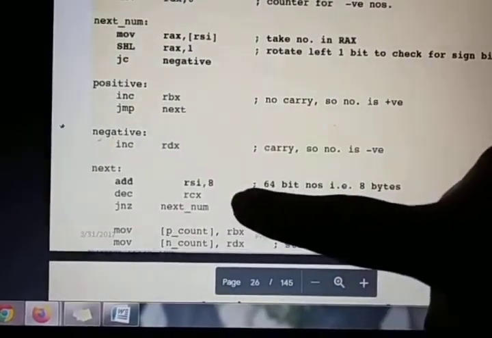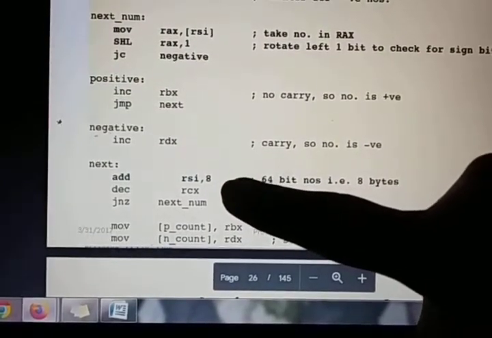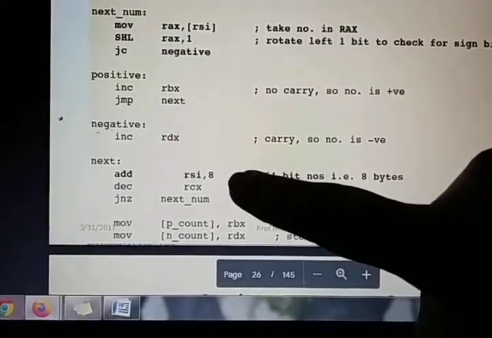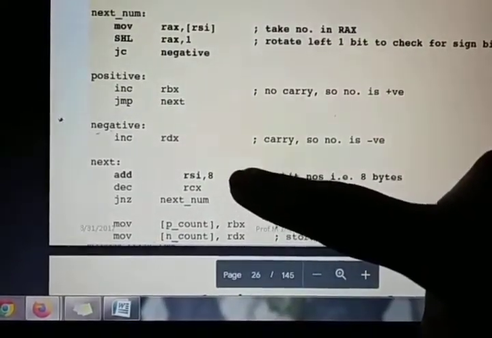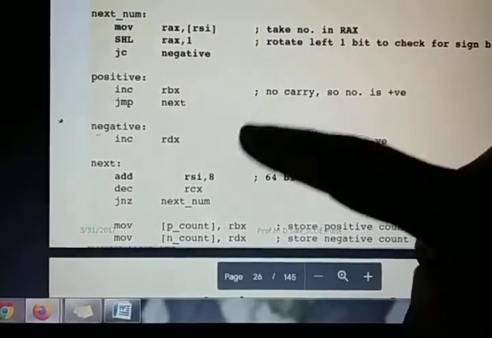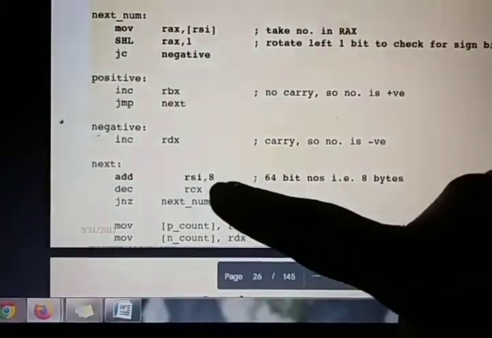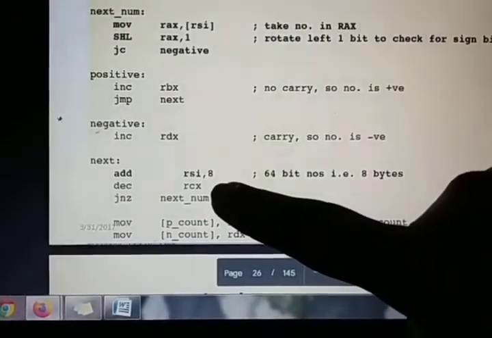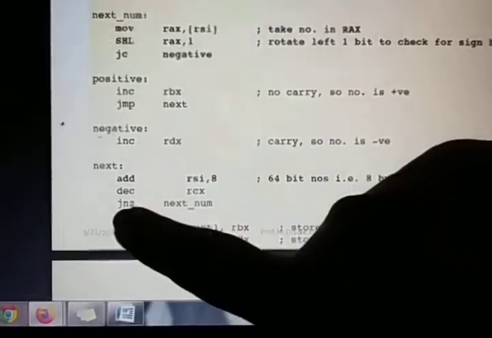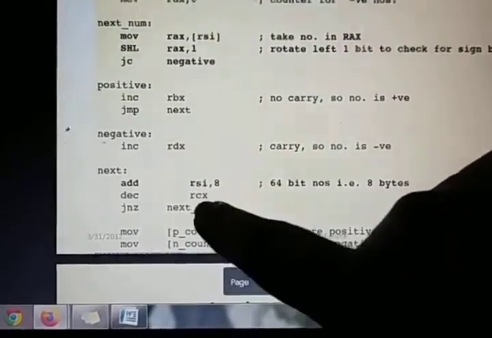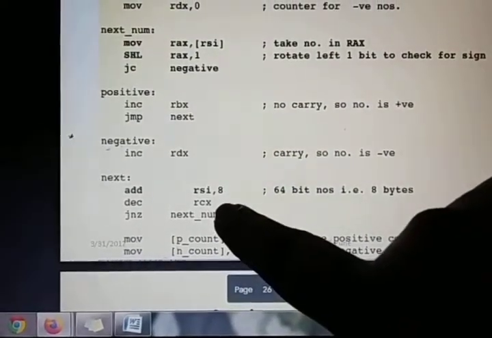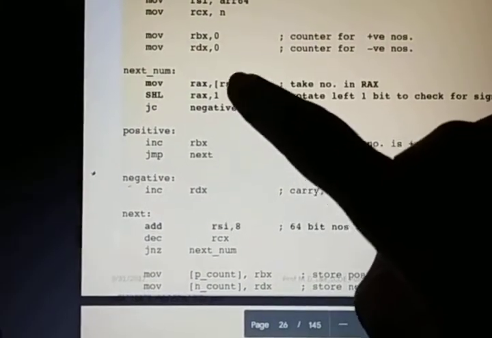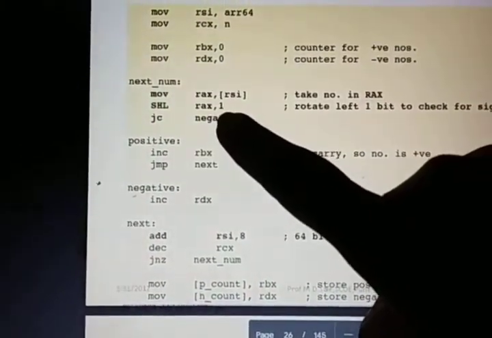Then add RSI comma 8. For the next number you will add 8 to RSI, because it is a 64 bit number. So the first location is 0, then for the second location you have to add 8 to your address. Then decrement your count, because you have compared the first number, so that's why you are decrementing your count. Then jump not 0. If you find any number remaining in your counter register, then again you will jump to the next number. Then you will check the next number, move it into RAX register, then perform the shift left operation,